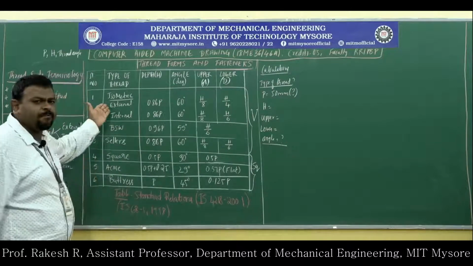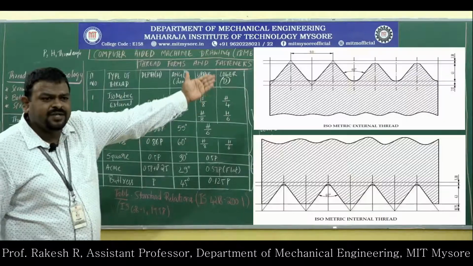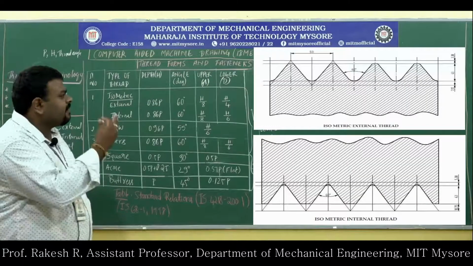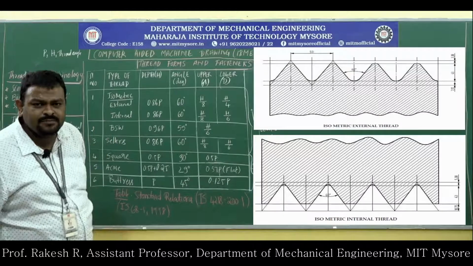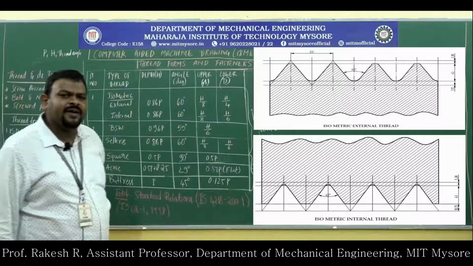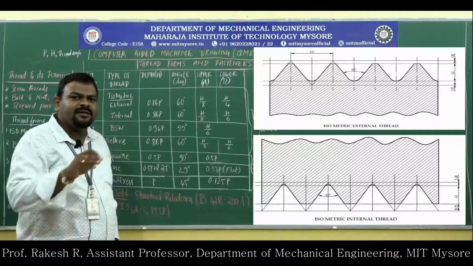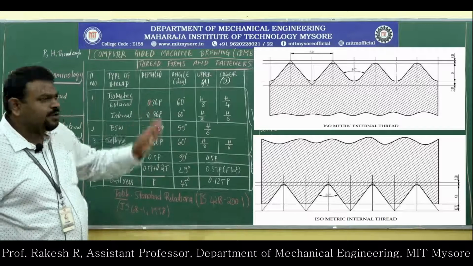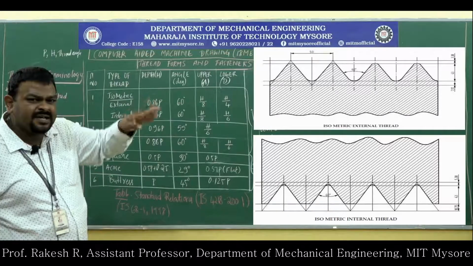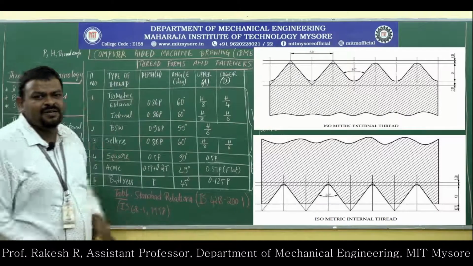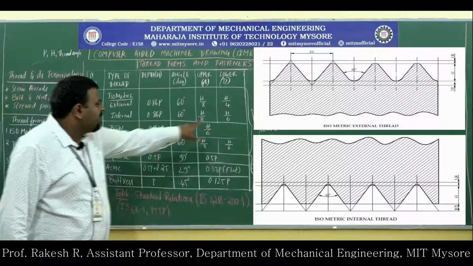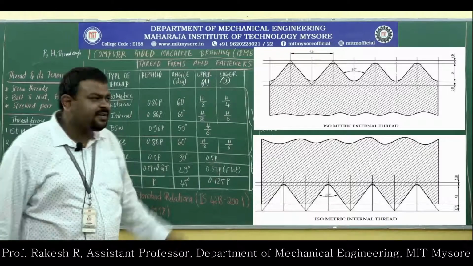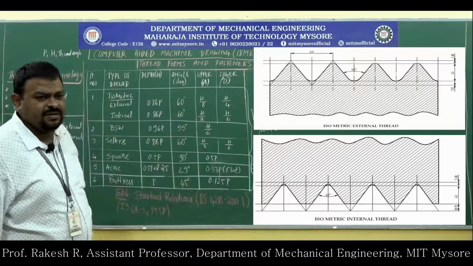Let us see the profile of the isometric thread, that is external thread and internal thread. As you see, the dimensions are converted to mm. I am directly showing the dimensions in mm. External thread has V portions; internal thread has reverse V portions, the same thing. The only change is h by 6 and h by 4, which you have to remember. That can be easily identified in evaluation: the depth of thread.